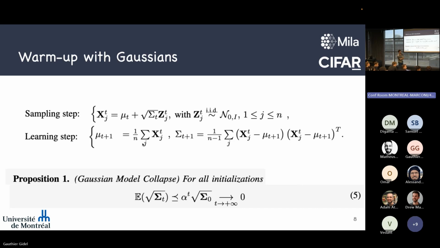Is the learning step on all previous data? You only learn on the previous generation, not all of the previous data. Here it's just the previous generation. I agree that you could extend this to a mixture of all the previous data. It starts to be a bit more complicated because it depends on how you mix, so this is the simplest setting to study.